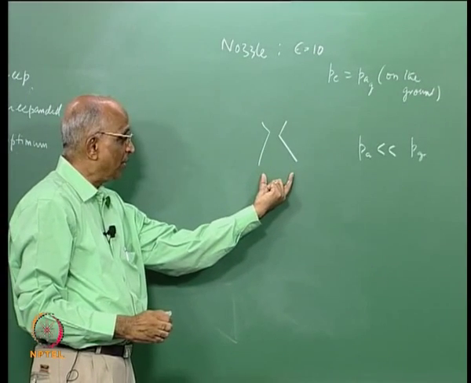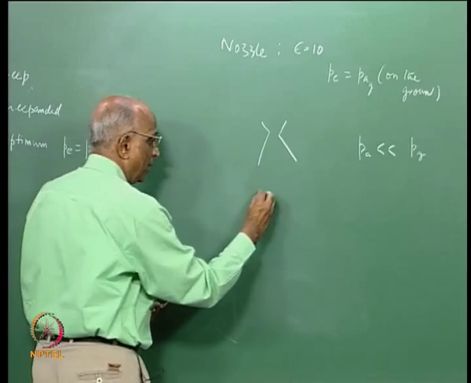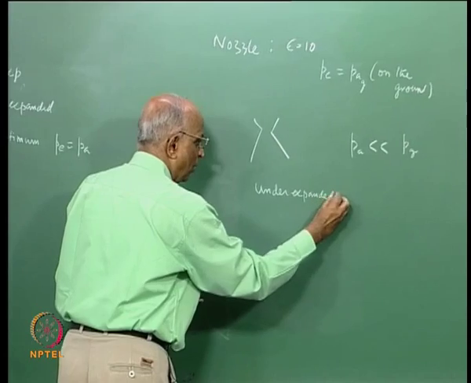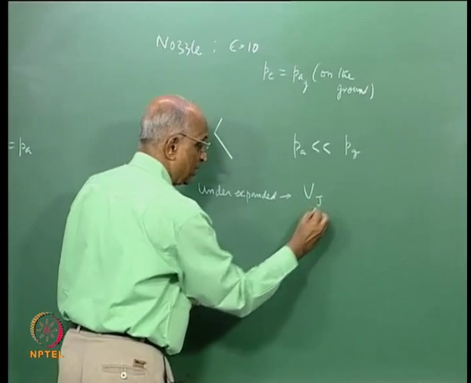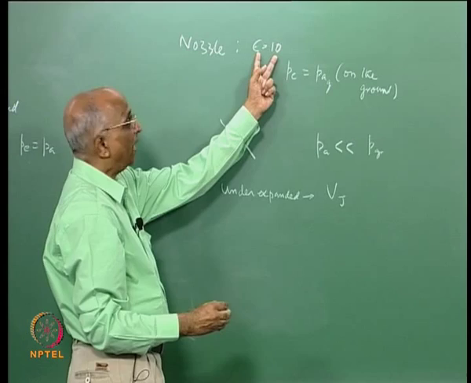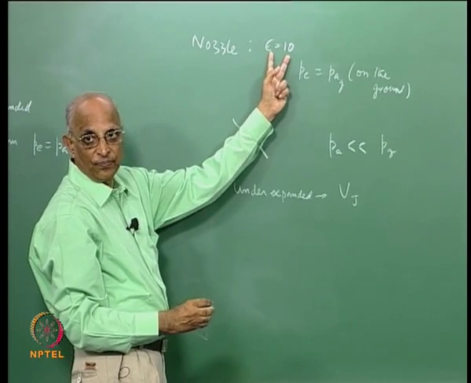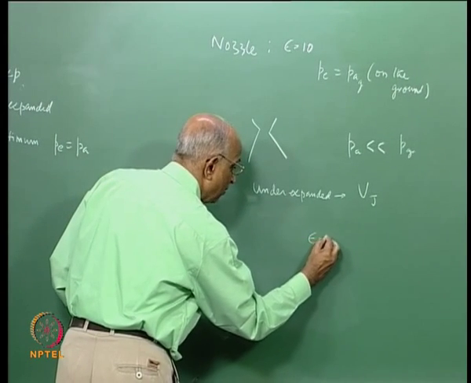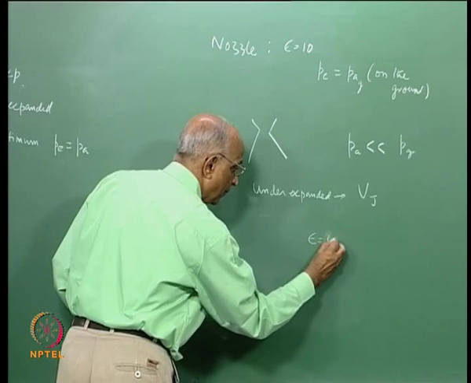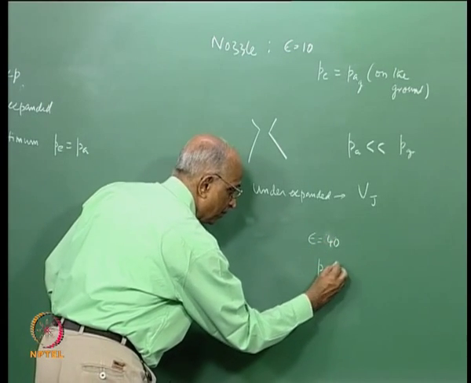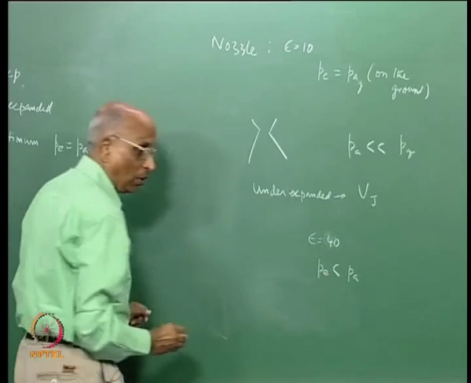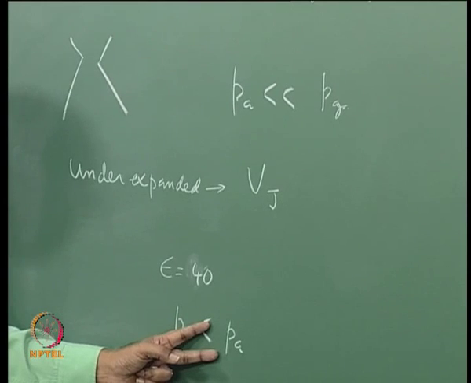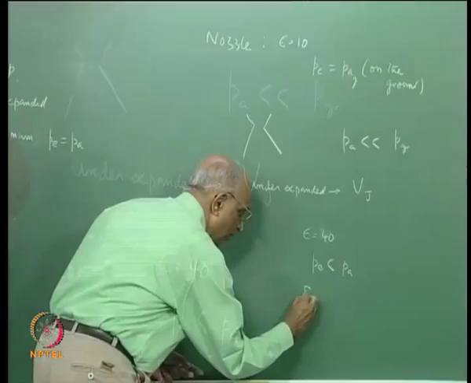My exit pressure has reduced, the nozzle becomes under expanded, and therefore I will not be able to get a high value of Vj, which would have been possible had I got a high value of expansion ratio. Whereas on the other hand, if I have a nozzle on the ground with an area ratio of, let us say, 40, which gives me an exit pressure which is less than the ambient pressure on the ground, because now the nozzle is over expanded,